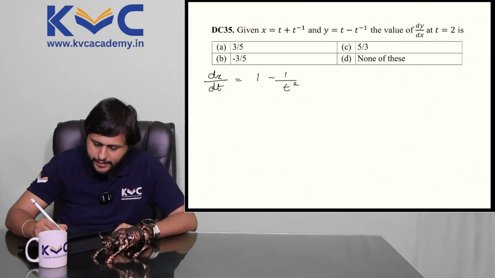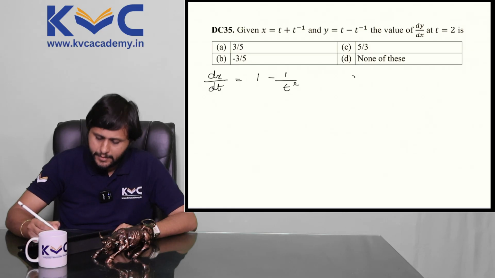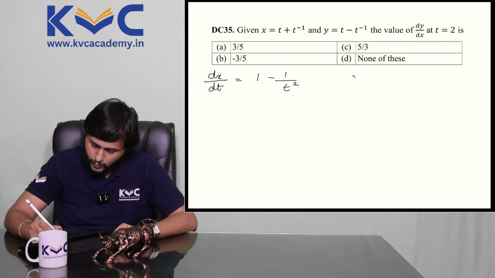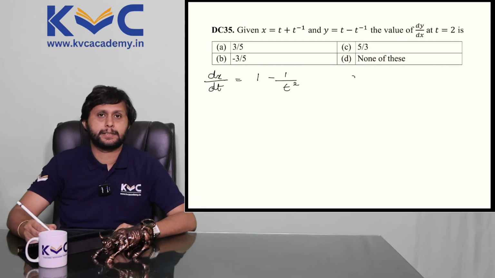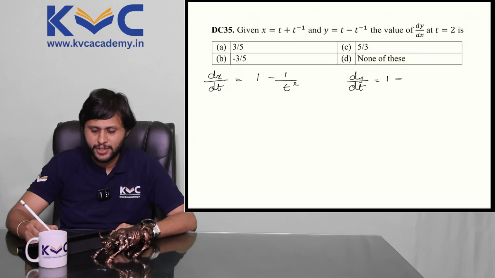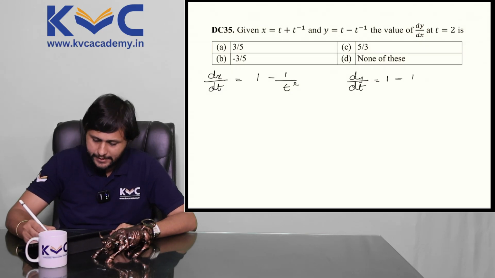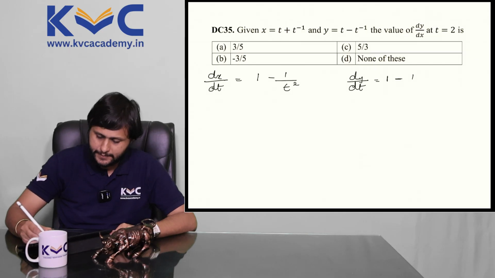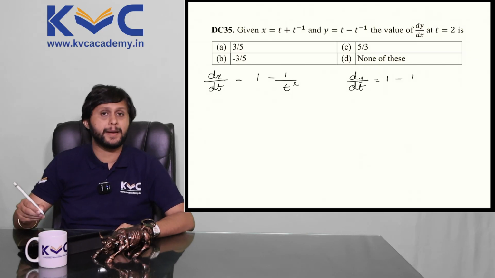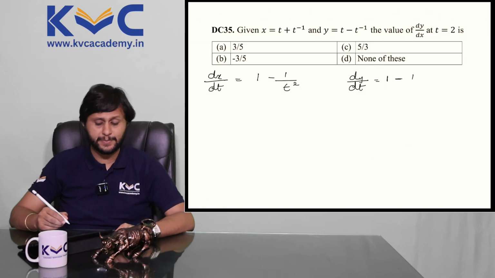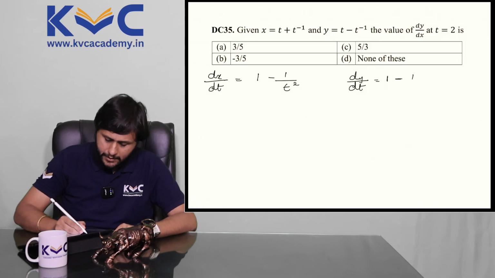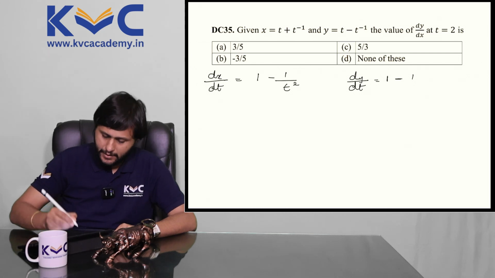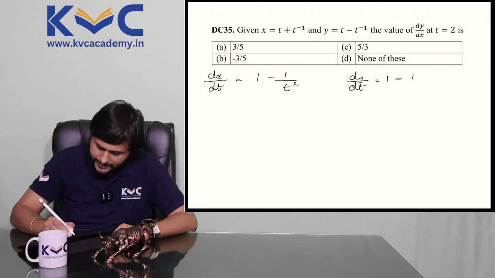Done. Next we have dy by dt. Differentiation of t, we have 1 minus differentiation of t to the power minus 1. I just told you, minus 1 by t square. So minus into minus becomes plus. So we got the value of dy by dt. We got the value of dx by dt. Now we'll divide. We get dy by dx first. We have 1 plus 1 by t square